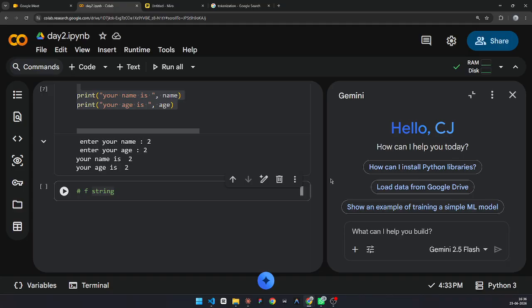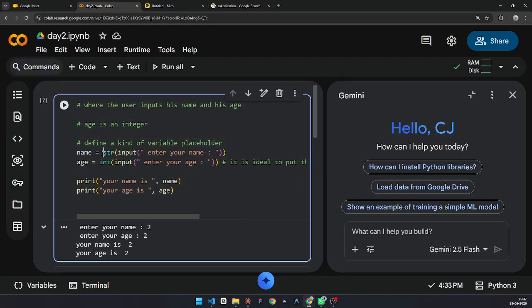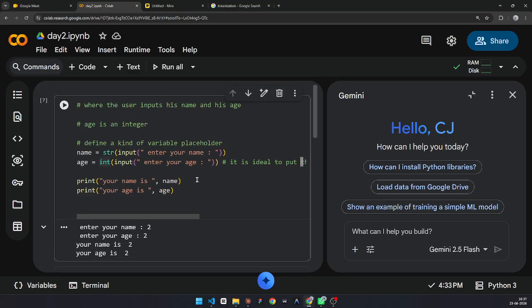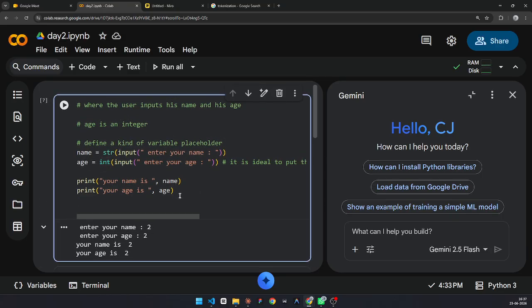That's why I'm focusing on things like str, because in machine learning you will need to identify the data types fully correctly, or else the machine learning model will fail. Too much Python isn't needed in machine learning. You just need to use some libraries to automate most of the tasks. I'll be showing you whichever thing is needed.